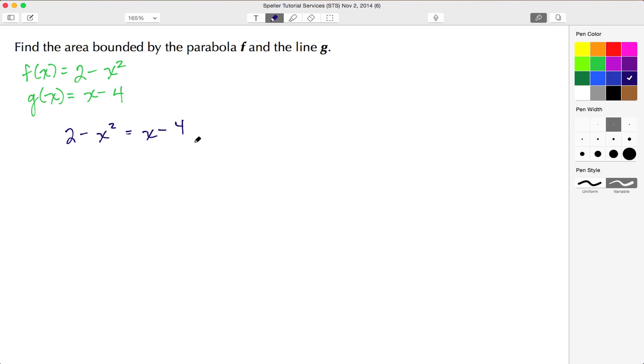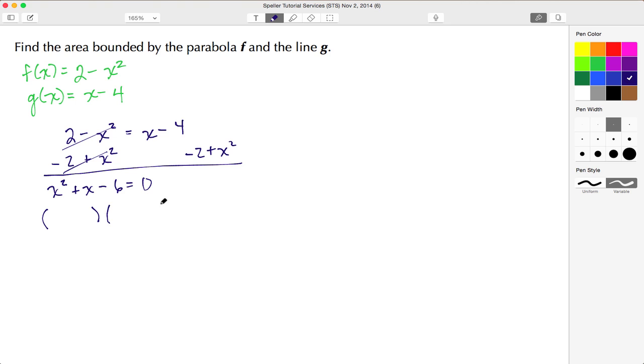Let's go ahead and try to put everything on one side so that we can try to factor. To do that, let's move all these terms to the right. So let's subtract 2x and add x squared, so minus 2x plus x squared. In doing so, these terms cancel, and I'm going to switch this around. I'm going to have x squared plus x, and here minus 4 minus 2 gives me a minus 6, and all that's set equal to 0.